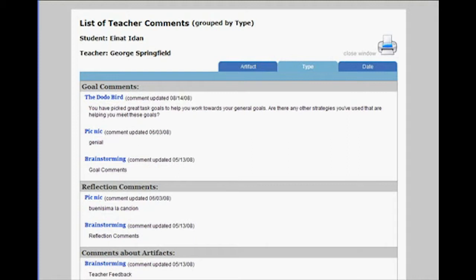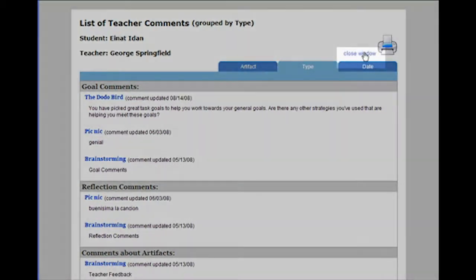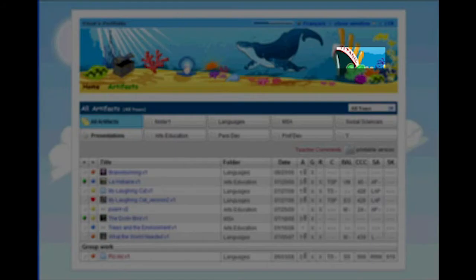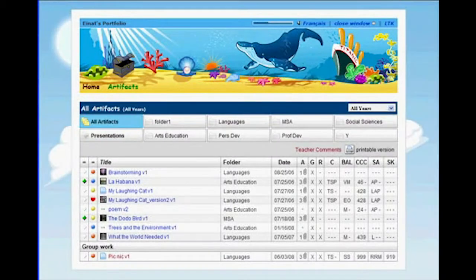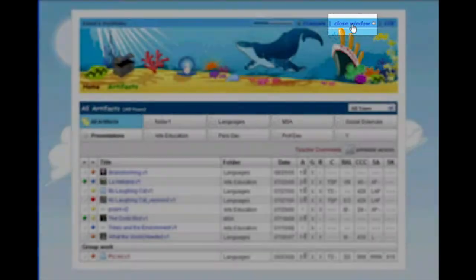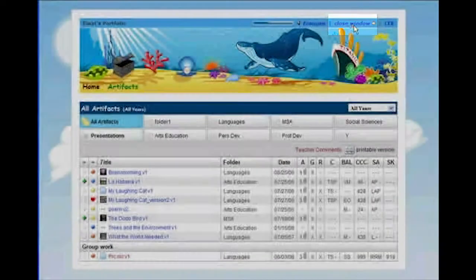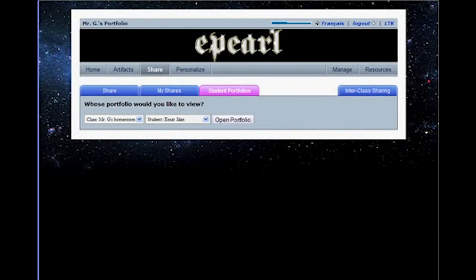To return to the student's portfolio, he clicks on Close Window. To return to his own portfolio, he also clicks on Close Window. A teacher may also decide to share specific artifacts, an entire folder, or the whole portfolio with his students using